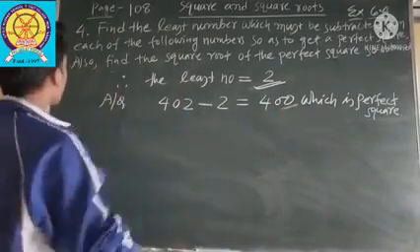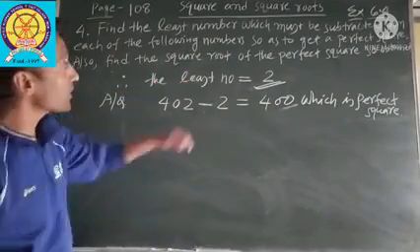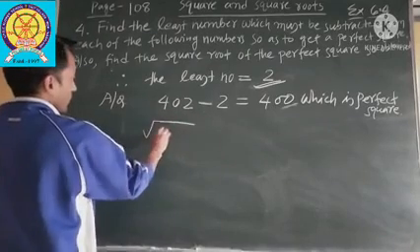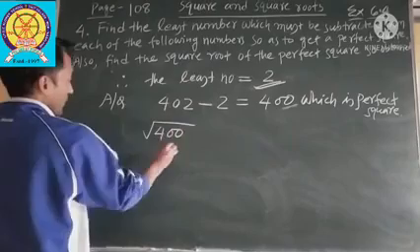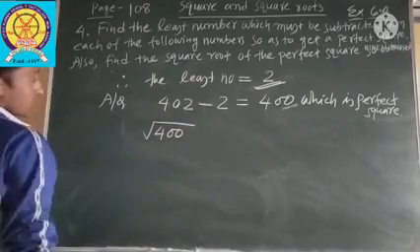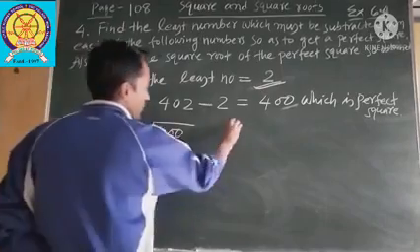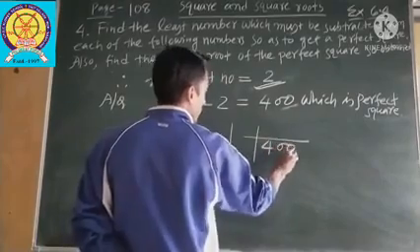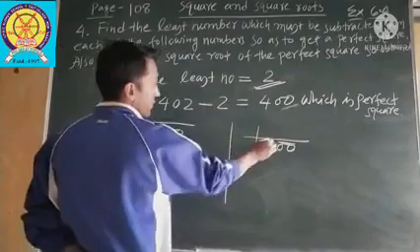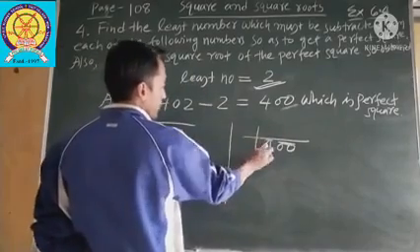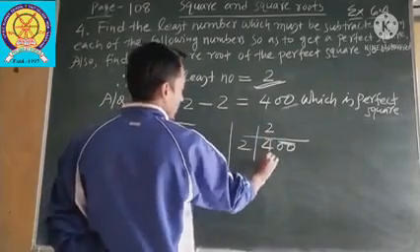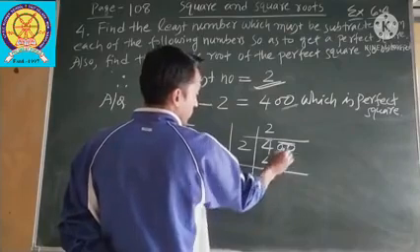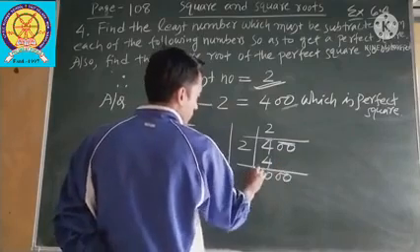Now you see the second part. Also find the square root of the perfect square so obtained. The perfect square number we get is 400, so you have to find the square root of 400. Find the square root of 400 by long division method. Make pairs. This single digit means you have to give first 4. 2 twos are 4. 4 minus 4 is 0. So the next pair is also 0.